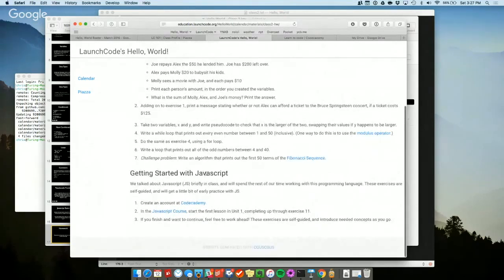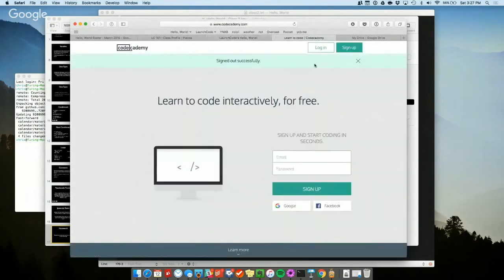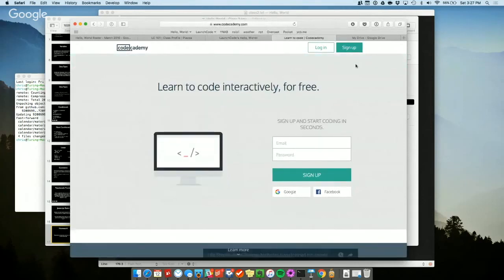And then getting started with JavaScript. So here, what we're going to do is use an online resource called Codecademy, and the link is in the problem set. So the first thing to do is to go create an account. They have paid accounts, but we're not going to need anything that you need to pay for. We're just going to use the free stuff. So you'll create an account,